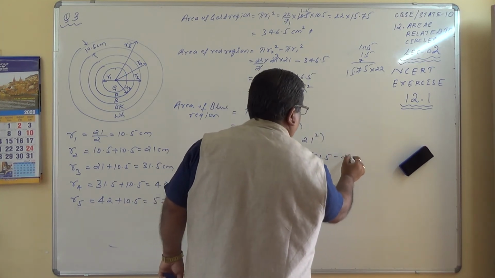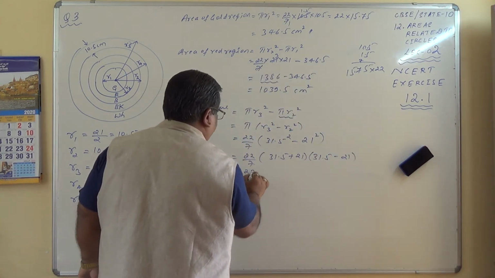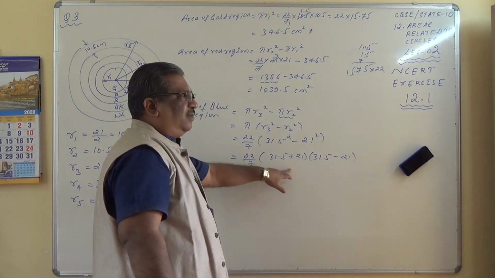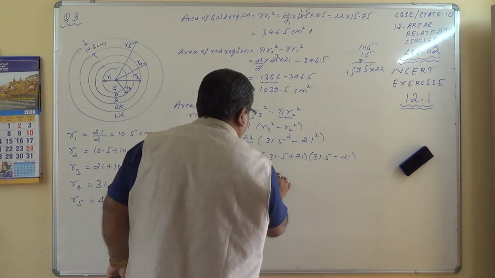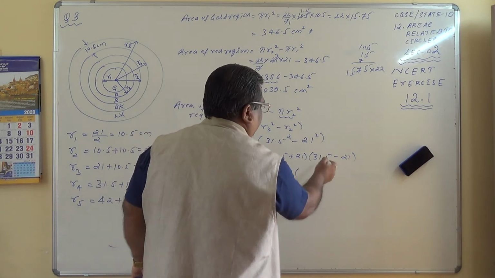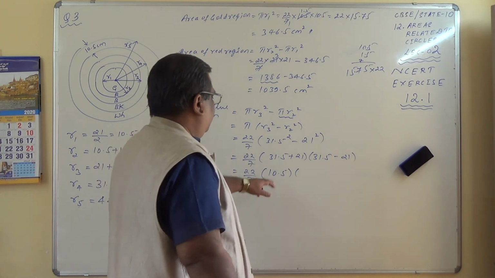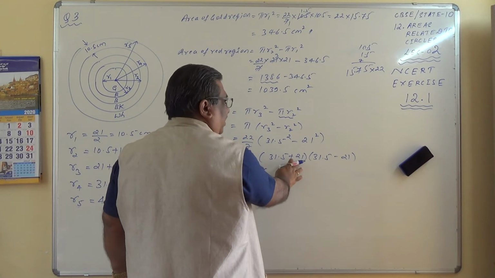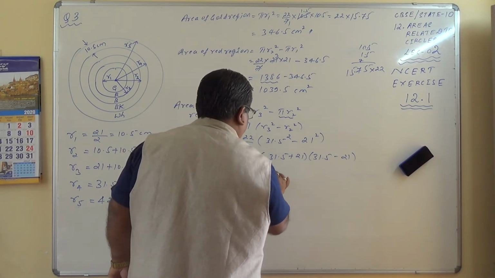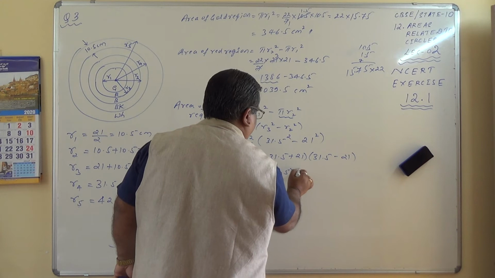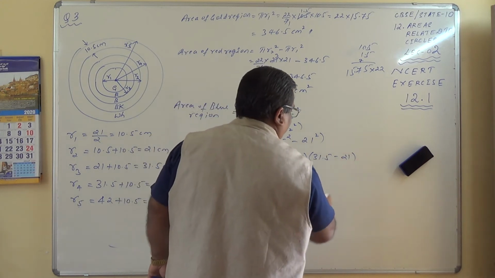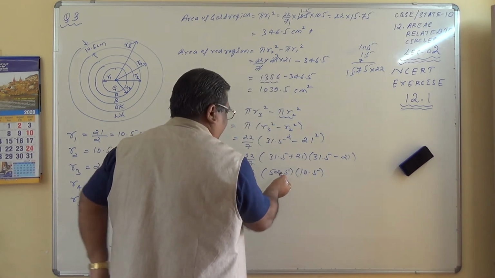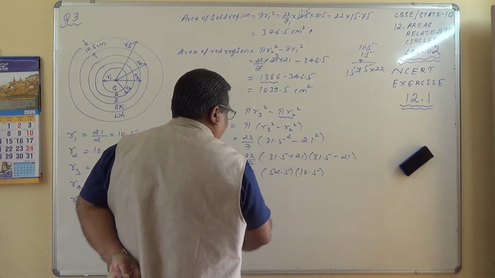Minus 21. This is equal to 22 by 7 into 31 minus 21, 10.5 into 31.5, sorry, this is plus here, just a moment. This is 30 plus 20, 50, 52.5, 52.5 into 31.5 minus 21, 10.5. Okay, so here it is possible something like 7 ones are